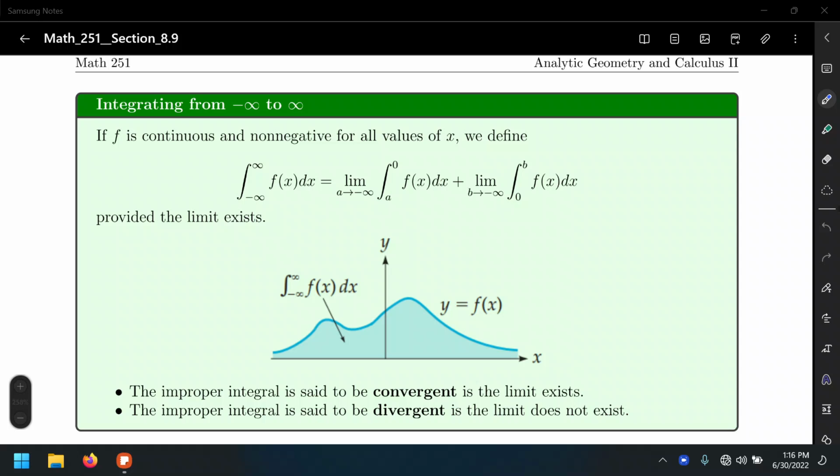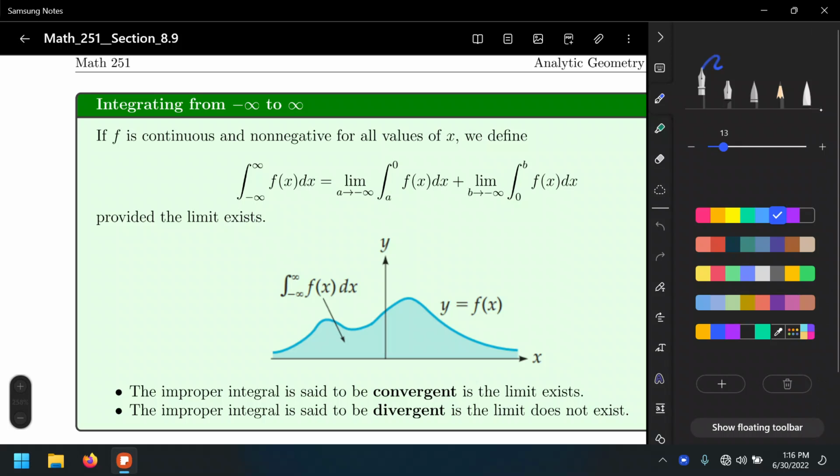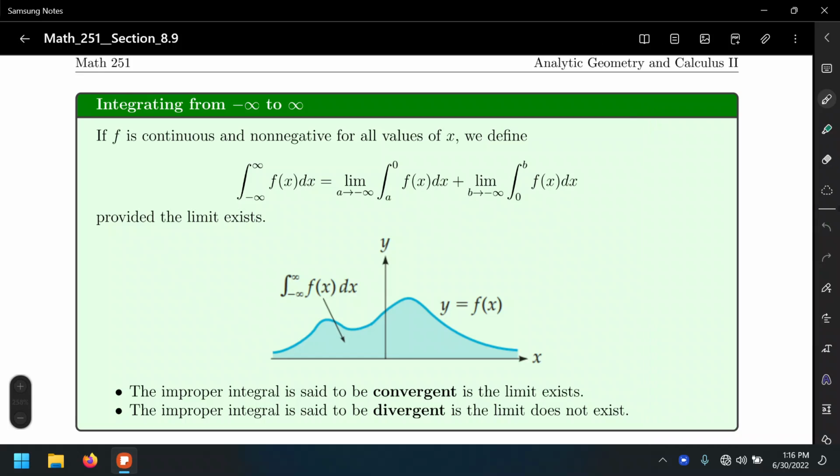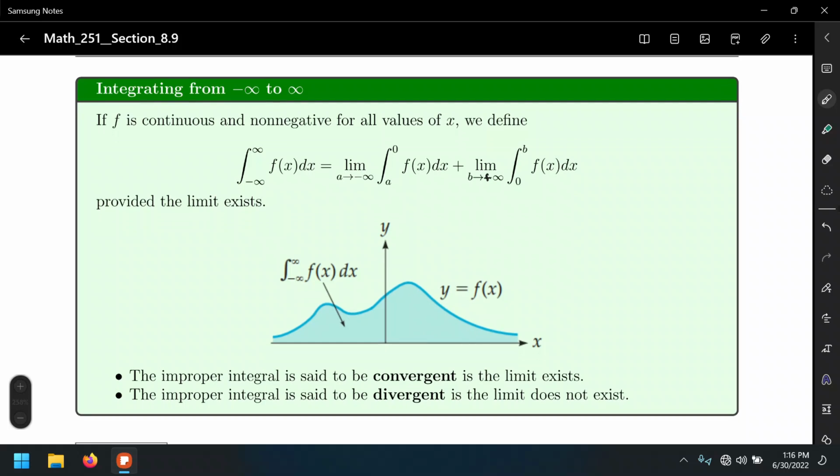So here's the picture for an integral going from negative infinity to positive infinity. Basically, we're integrating over the entire real number line. All right, that's our interval of integration. And there's a little typo here: this one should be a plus infinity, not a negative infinity. Whenever we evaluate an integral with both limits being infinite, negative infinity and positive infinity, it's